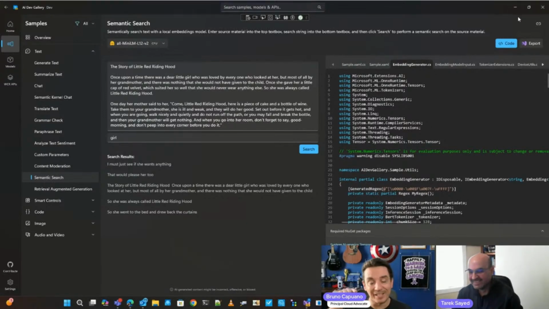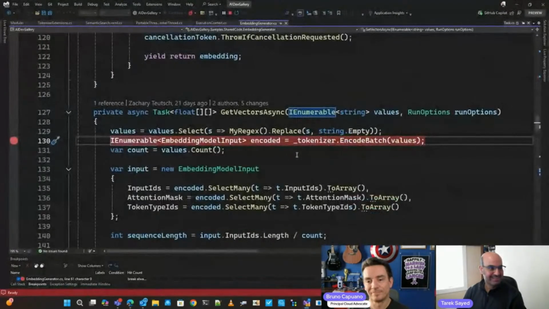I really like this: if you download the AI gallery, even from the store, and you find something that you like, you can export that specific scenario only. As far as I remember, it's going to create a small project with everything that is basically here, so you don't need the whole AI gallery. It generates code for your specific scenario. For example, this one is semantic search, so it will generate semantic search scenario code. I think that's all I have.